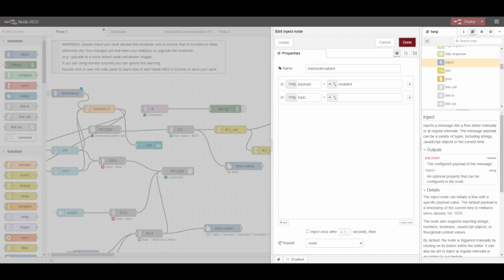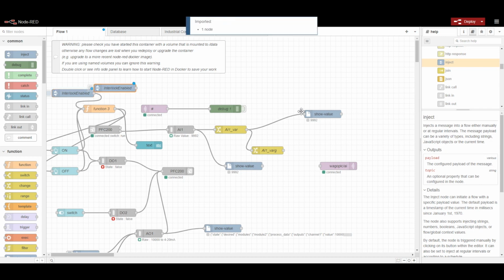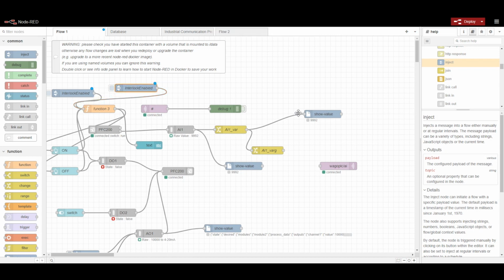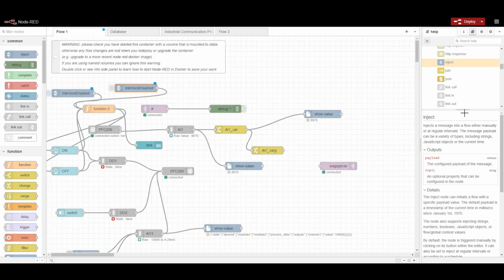And same thing we will do for disable also. So let me copy and paste, and then just change the name. First connect it to the function because it has to go into the function, and then we will change the name to disable, and also the payload we will put as disabled. Okay, so now once we have done this, after that we will go into the function, and